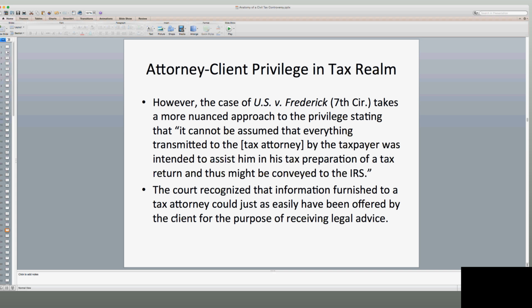And so how, pray tell, could the client expect there to be any privilege if he or she is relying on that advice by taking a position on a return that's going to be viewed by a revenue agent and by multiple people in the IRS? It's akin to saying this is not secret because it's going to be shared with a circle of people outside me and my attorney. And so how can a privilege attach in that case?